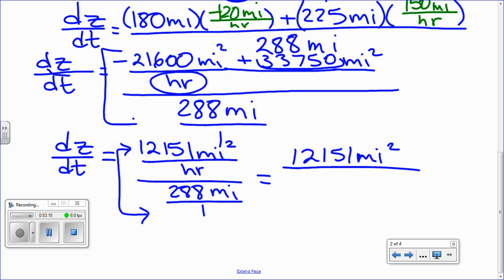And then we multiply the inner quantity, so 288 miles times hours, because the units, remember, they also multiply. And so what will happen here is we can cancel the units, miles with miles squared. And of course we will divide the numbers, so 12,151 divided by 288 will give me